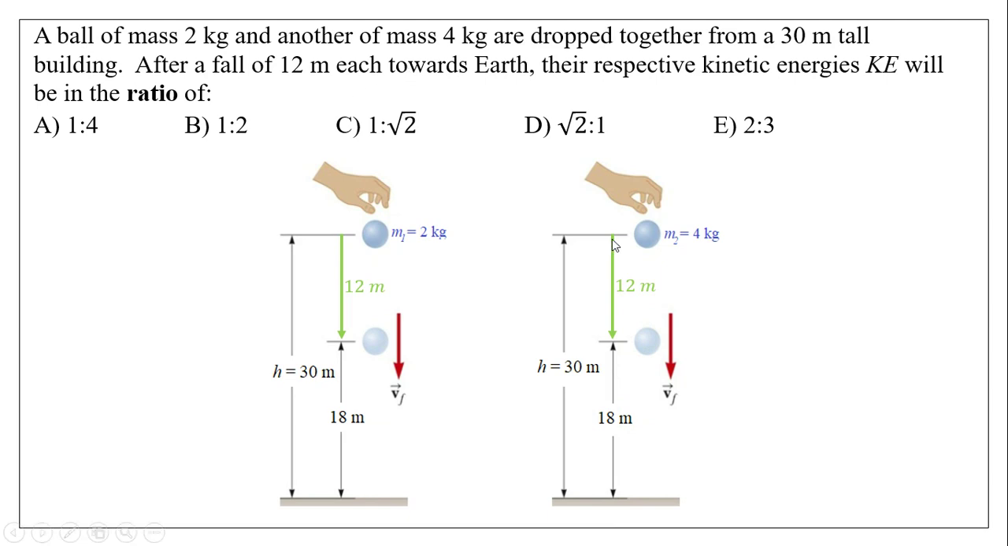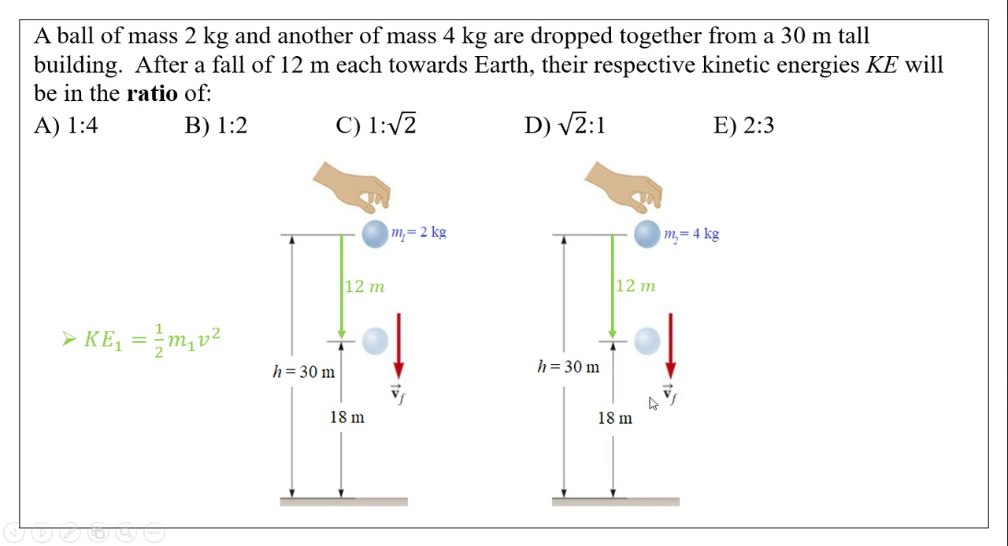Here, both objects are released from rest, and they have fallen the same distance, which is 12 meters. So I'm just going to set up KE1 for the first one. KE1 equals 1/2 m1 v squared. Notice I have m1, but the v does not have a subscript, because if both objects, regardless of their mass, have fallen the same distance, they should obtain the same speed